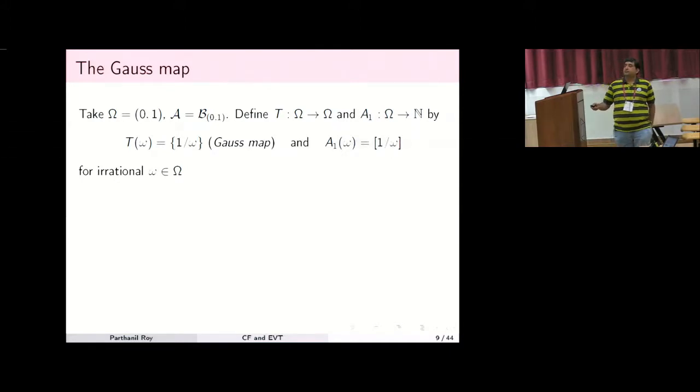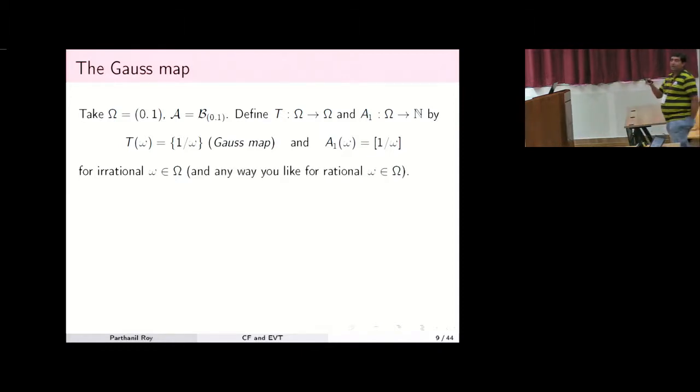minus the integer part, and this is the, what is it called? The fractional part, thank you. This is the Gauss map, by the way, and this is the integer part, this is the A1 map for irrational omega. And now you would ask me, what about rational omega? Do whatever you want, okay? Because we are going to put a measure which is going to have probability 0 on the